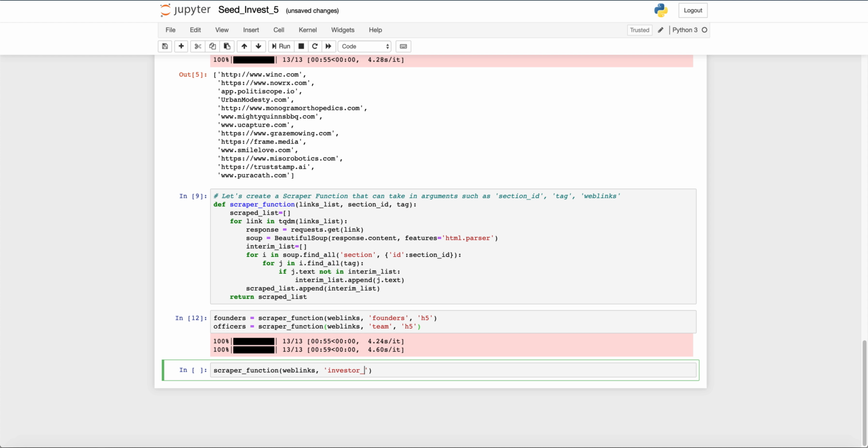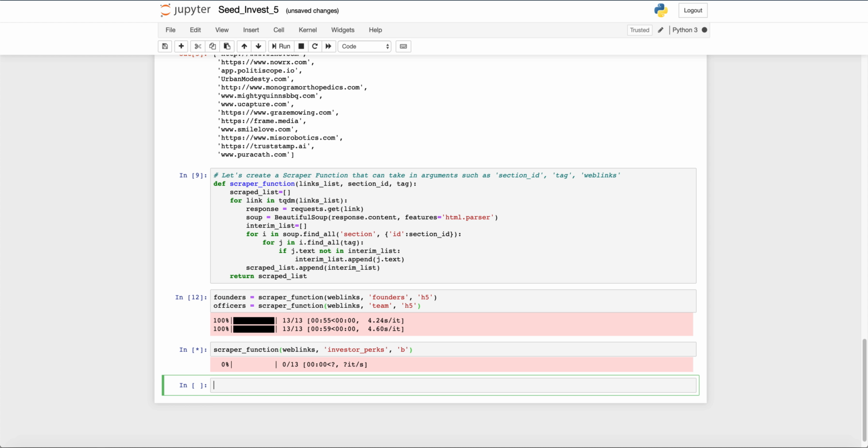Investor underscore perks, and then there's a B tag, or it can be a P tag. Okay, so what we can probably do is, let's just do the B tags. Okay, and let's run this first to see what we get. All right, it's going into our scraper function. It's going to get all the B tags within the investor perks, and then probably we can write another function